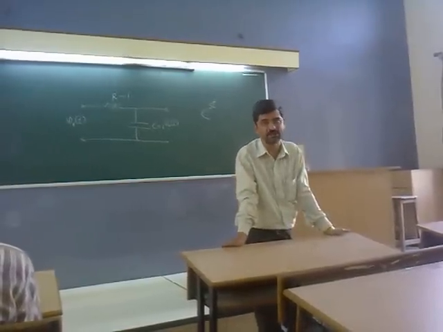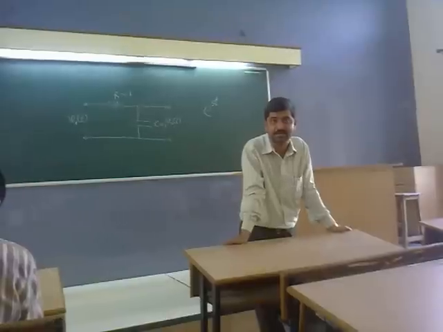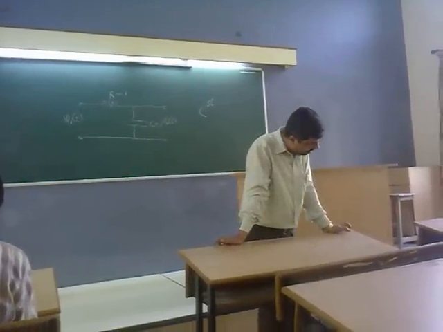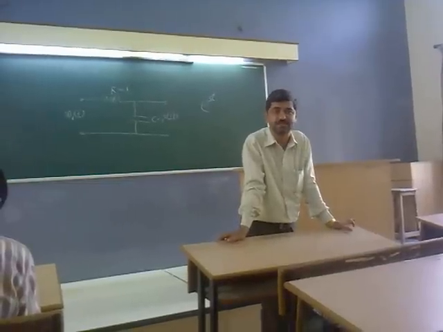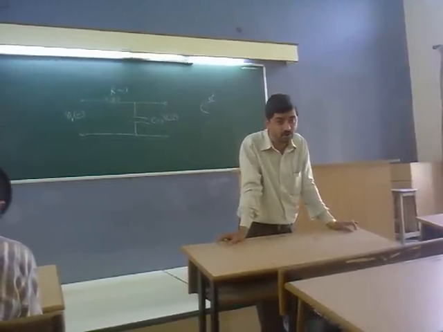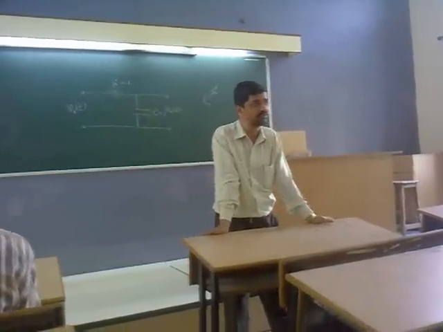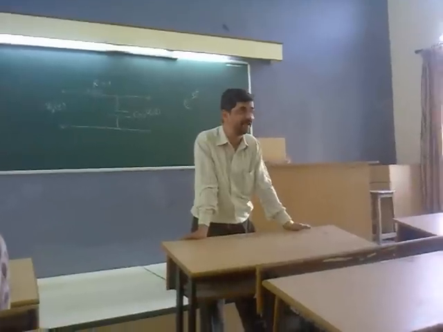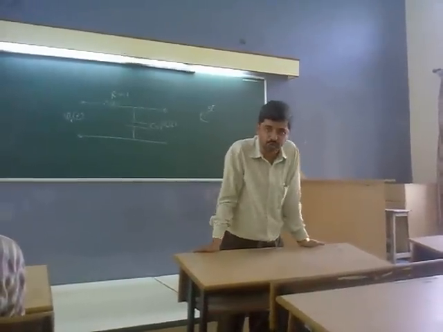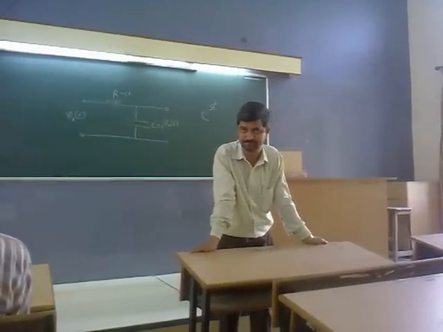But e raised to st, where s is equal to sigma plus j omega, sigma being the real part and j omega being the imaginary part. We are well aware of the significance of the imaginary concept, because it is just used to have a two-dimensional mapping and nothing more. So from that point of view, e raised to st can occupy itself anywhere in a given plane, to which we have two mutually perpendicular, popularly known as orthogonal, axes as reference axes.